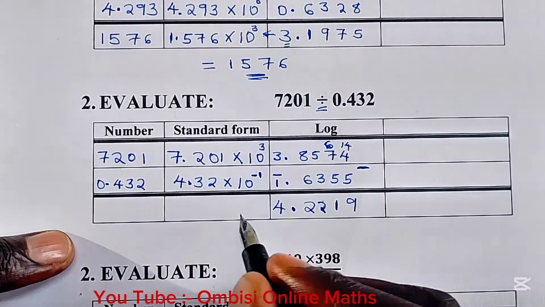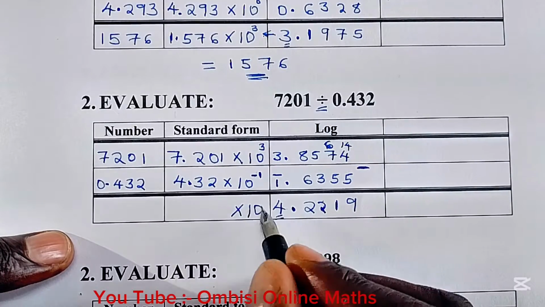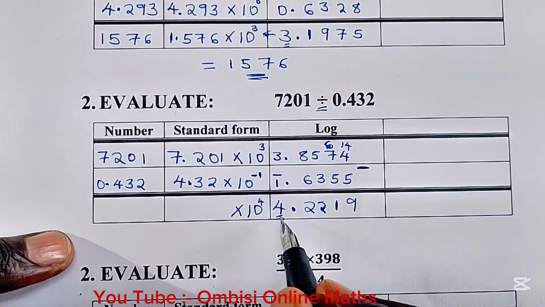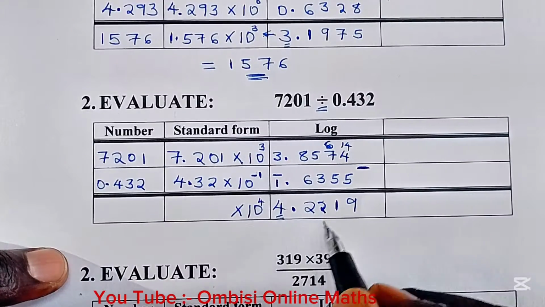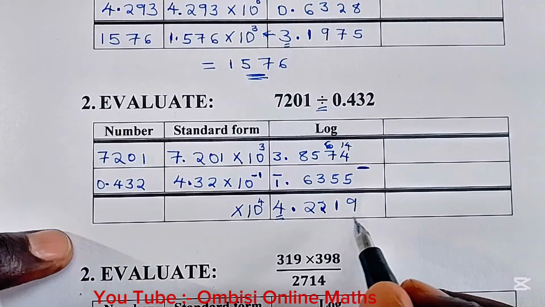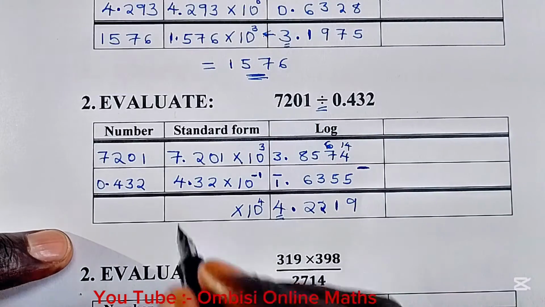Now we go ahead and write our power form, 10 raised to the power of the characteristic, which is 4. Then you look for the antilog of 22 in the column of 1, then add what is in the column of 9. And this one gives us